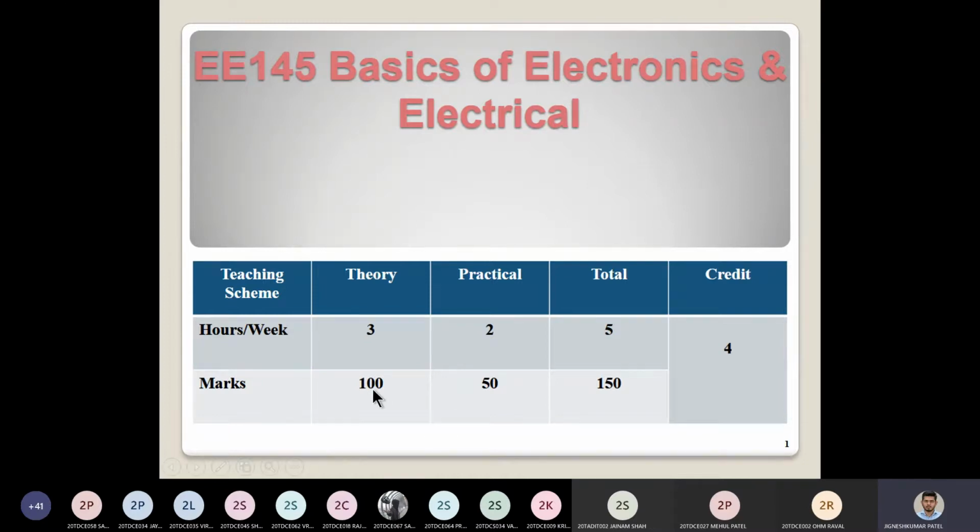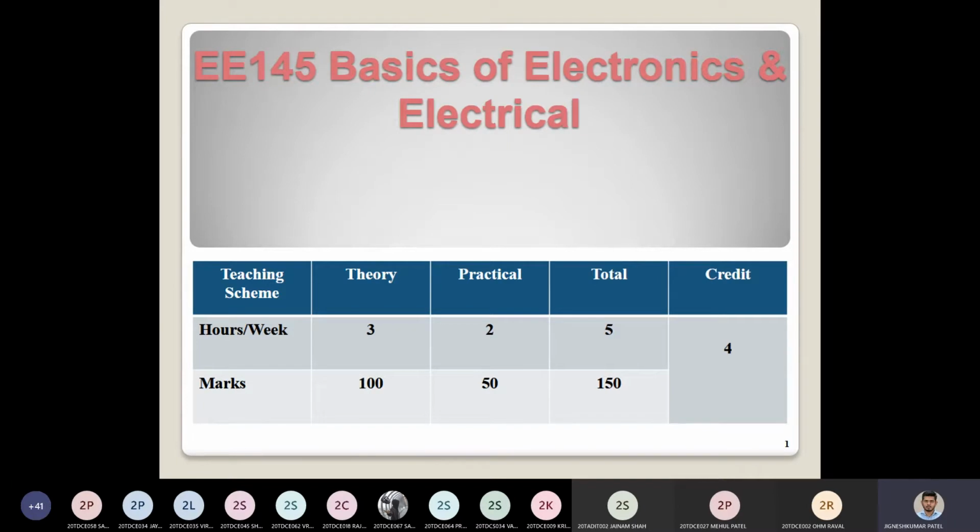And for this 100 marks, it's subdivided into 2 parts, an internal component and an external component. Your internal component has a weightage of 30 marks. So you'll be having 30 marks internal and 70 marks for external.